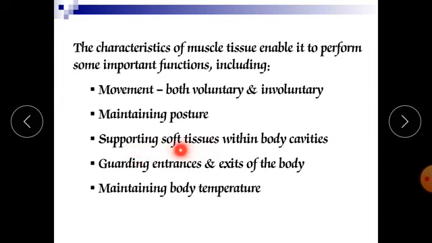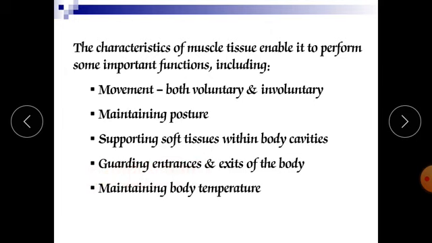So they are also supporting our pneumatic bones, as well as our lungs and the diaphragm. Another type of muscle, for example the rectus abdominis muscle of our abdomen, is supporting our peritoneum and our small intestine. Next is guarding entrances and exits of the body. For example, the pyloric sphincter of our stomach is guarding the entrance, meaning it is not allowing